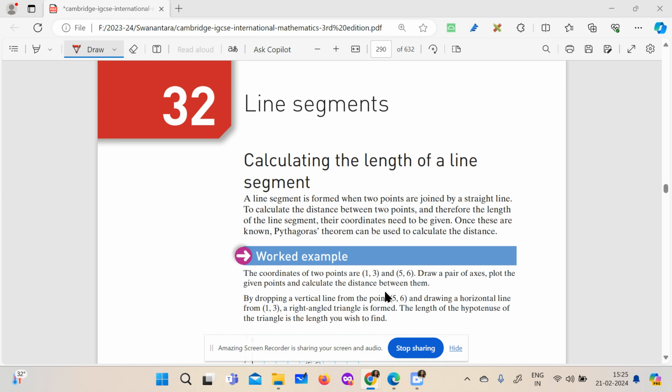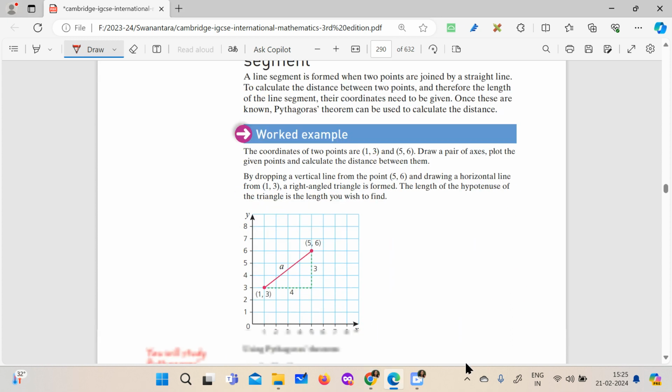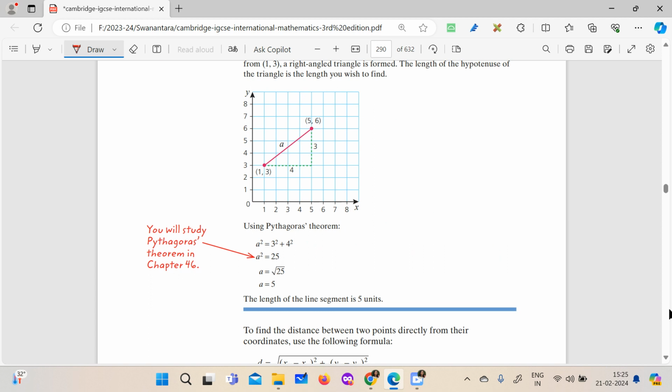Today we are going to discuss the length of a line segment, or you can also call it the distance between 2 points. Here you have a point, let me say P, and this one as Q. The coordinates of P are 1 and 3, and the coordinates of Q are 5 and 6. If you have to calculate the distance between 2 points, what we can do is